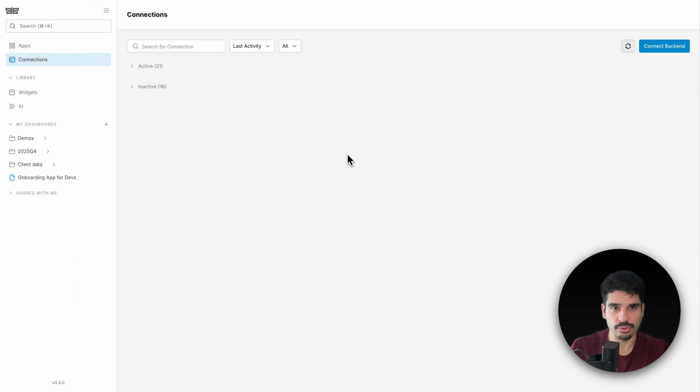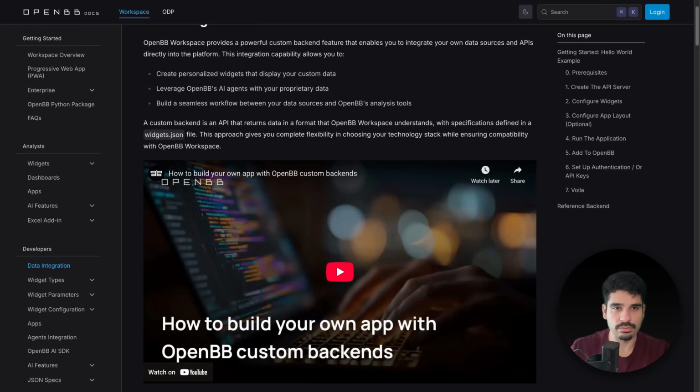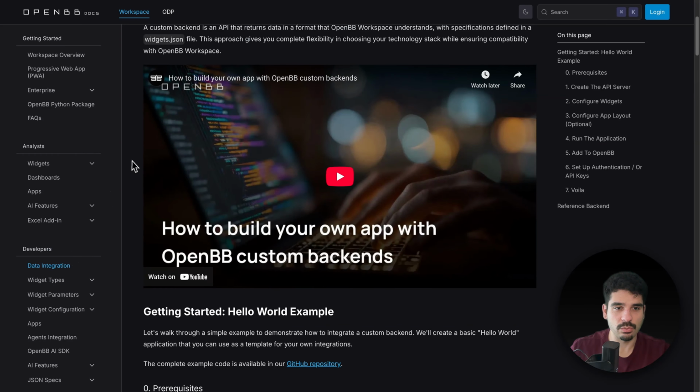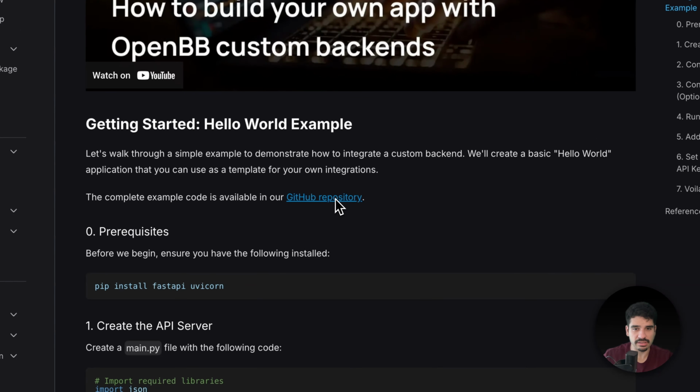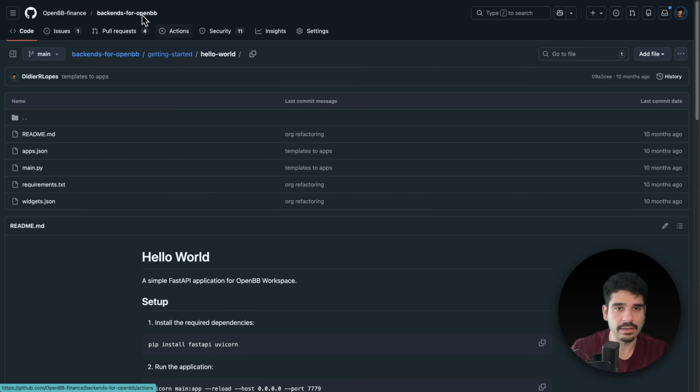In this video, I'm going to show you how you can integrate data widgets into the OpenBB Workspace. If you go onto our documentation, you'll see that we have a section for developers where we show you how you can integrate custom data widgets into the workspace. And then the most important thing that you'll find here is this repository, which basically accounts for OpenBB,